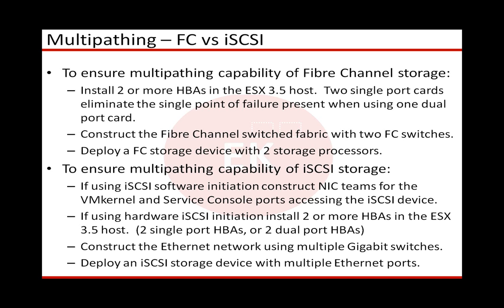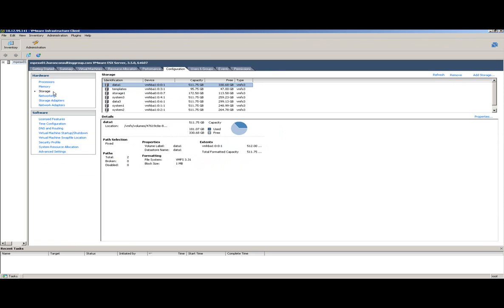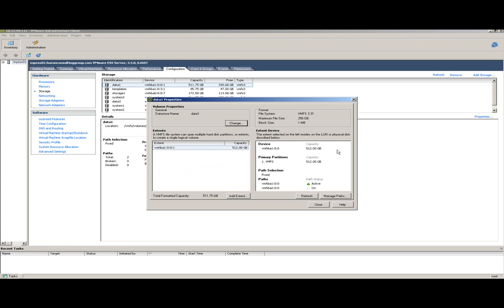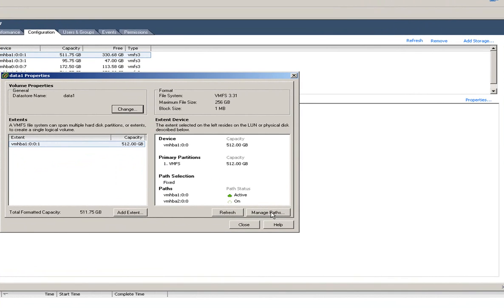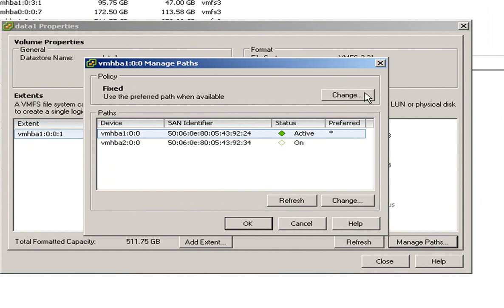Alright, so let's go back into the VI client. Let's do some multipathing. Enough of this lecture stuff. Let's do some good work. Alright, so we've logged into the VI client here. Let's go to configuration, and we're going to click on storage even though we're in there already, and we're going to select the first data store here. We're going to click on properties, and we're going to click on manage paths, and there you go. If we click on change here,